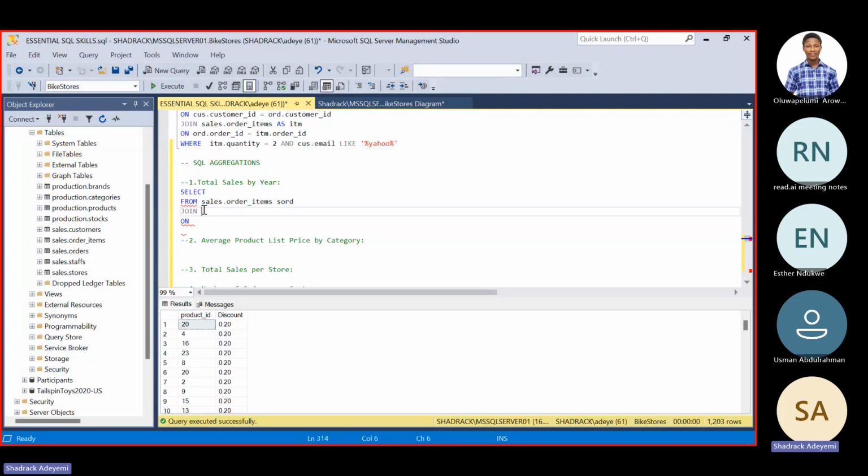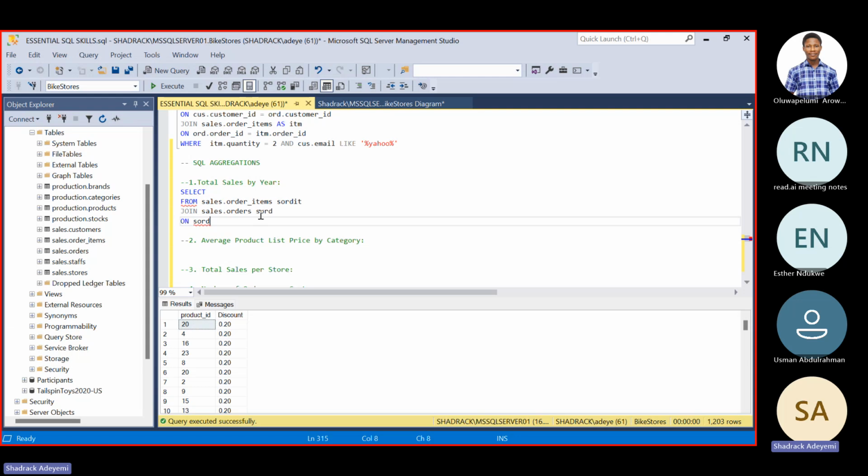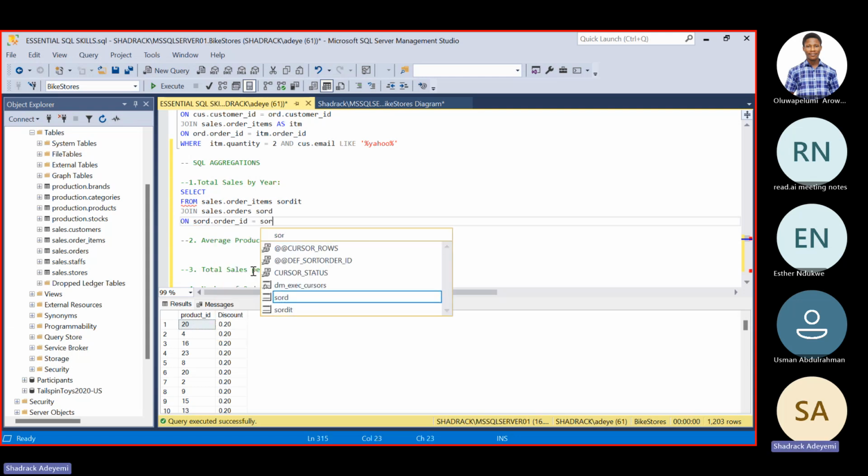And I'm joining the sales dot order table. Let's name this SORD, and let's name the other one SORD IT, just like sales order items. Now, the relationship, as we said earlier, is order ID, primary key, and secondary key on the other end.